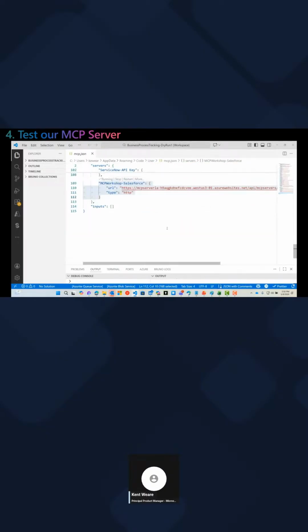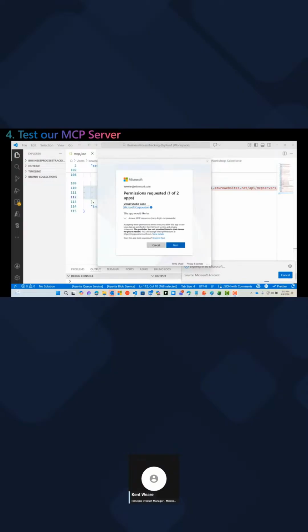So what's happened is we've got our MCP server set up here. Now it's asking me to go ahead and authenticate. This is good because we set up OAuth. So now it's going to prompt me for my corporate credentials in order to authenticate and use this. Also notice we don't have any API keys here because we are using OAuth, and so we're doing this in a very secure manner.